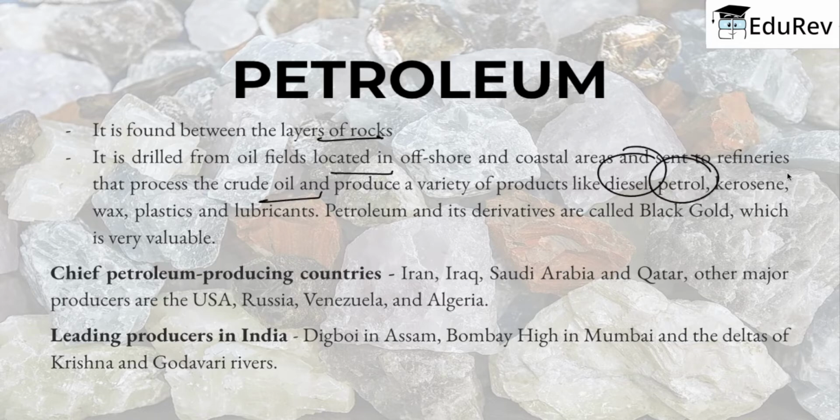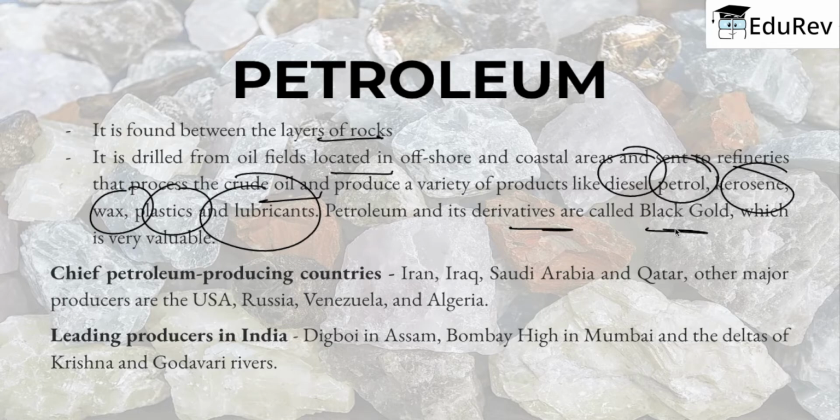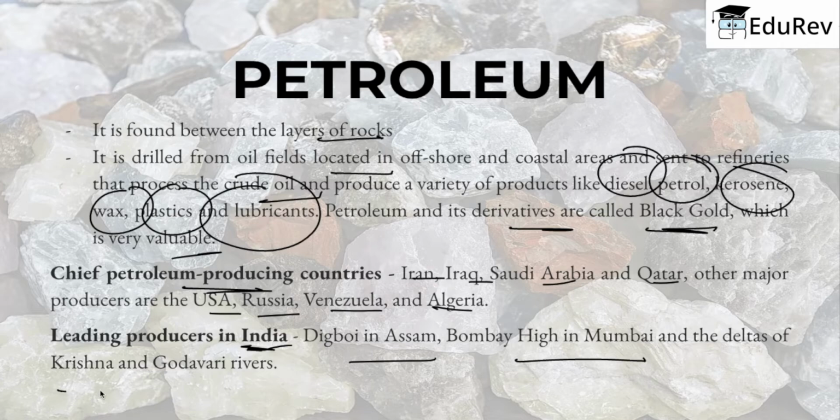Your diesel, petrol, kerosene, wax, plastics, lubricants, etc. And petroleum and its derivatives are actually known as what? The black gold, which is very valuable. The chief petroleum producing countries are Iran, Iraq, Saudi, Qatar, and other major producers are the US, Russia, Venezuela, Algeria. Leading producers in India are Digboy in Assam, Bombay High in Mumbai, and the deltas of